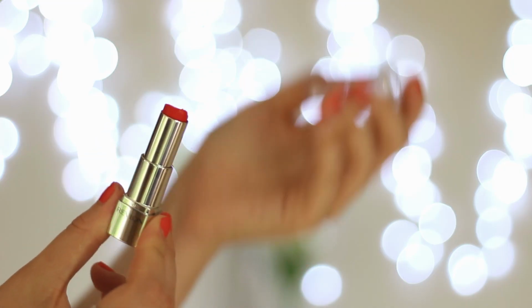And the packaging on this is just amazing. I always forget how beautiful high-end lipstick packaging is until you get it, and it's just the click and just everything. This lipstick. Next up we have this Revlon lipstick, and this is an orange colour, and I tried this out